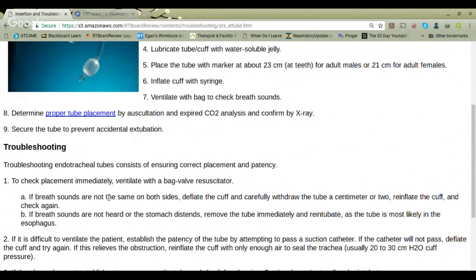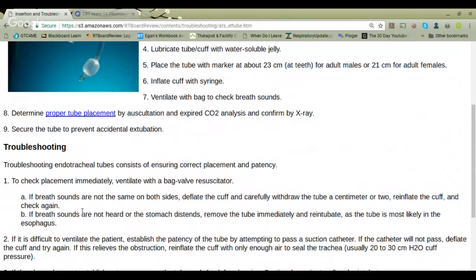And the answer would be to ventilate with a bag valve resuscitator, and then if the breath sounds are not the same on both sides, deflate the cuff and carefully withdraw the tube a centimeter or two, reinflate the cuff, and check again for breath sounds on both sides. If the breath sounds are not heard or the stomach distends, remove the tube immediately and re-intubate, as the tube is most likely in the esophagus. So those are two good